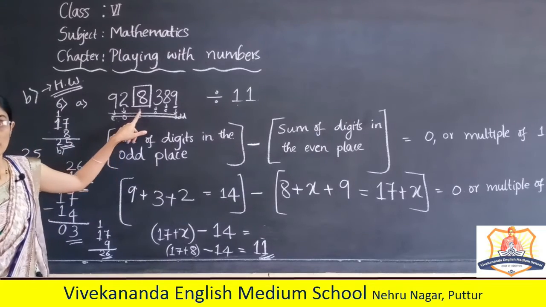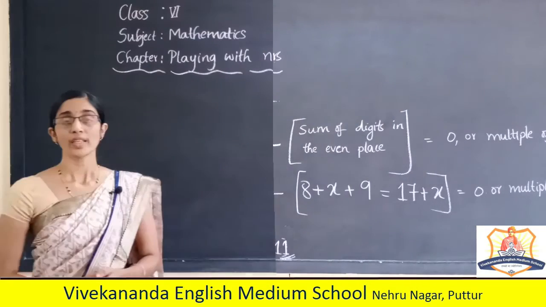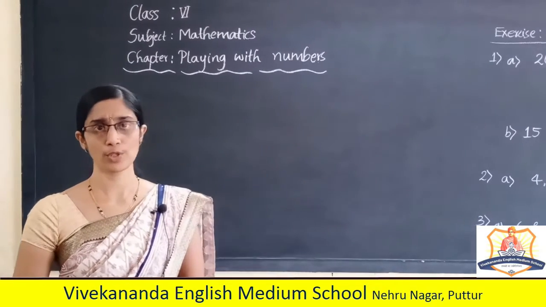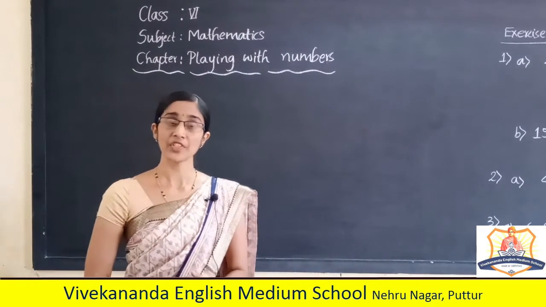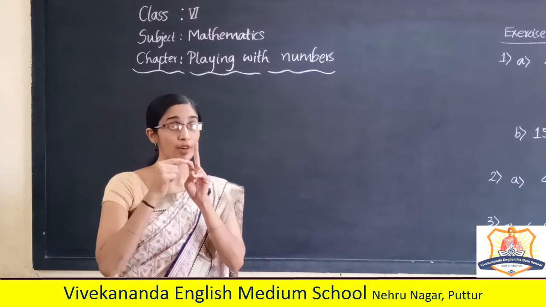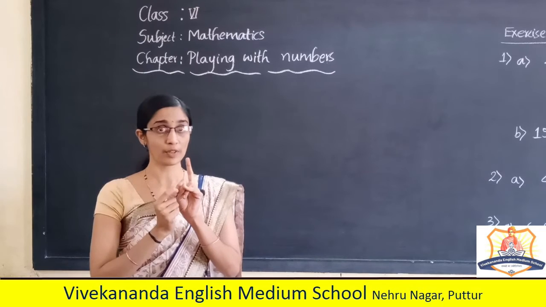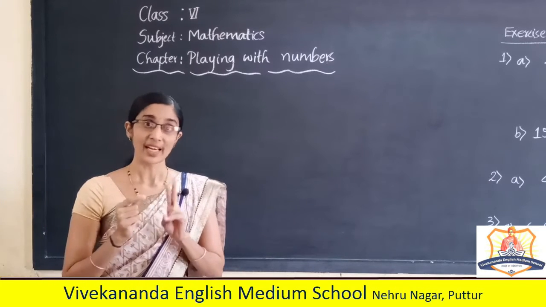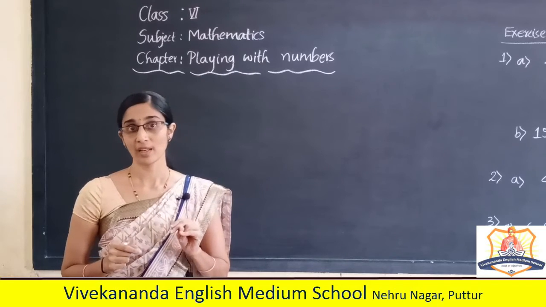this one. Understood? Okay. Dear children, what do you mean by prime number? Yes, of course, you know that. The number which is having only two factors, and those two factors are, one is the number 1, and the other factor is the number itself. It is called prime number, right?